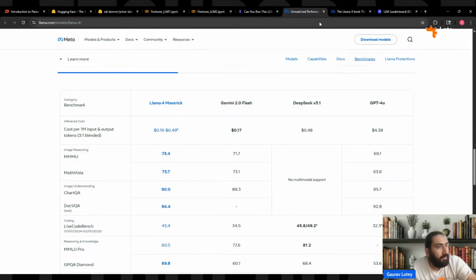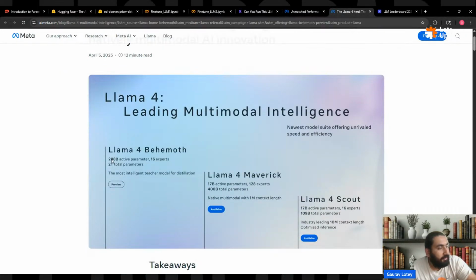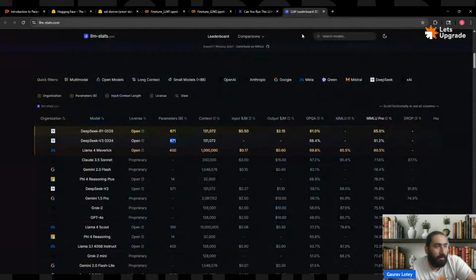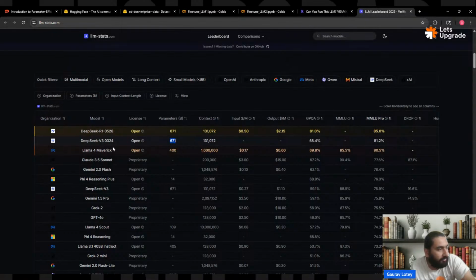you will realize that it has 288 billion parameters and 2 trillion total parameters. So this is crazy. 400 billion, 109 billion. These are not at all possible. I'm not able to imagine how you will run these models. But 671 billion is something that exists. There are models in trillions of weights also. But again, if this is your task, maybe you can realize, okay, these are too much for me,